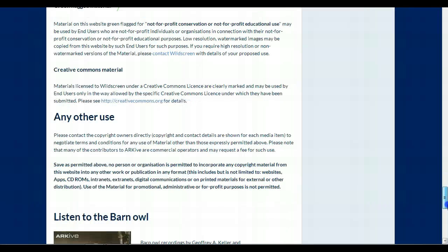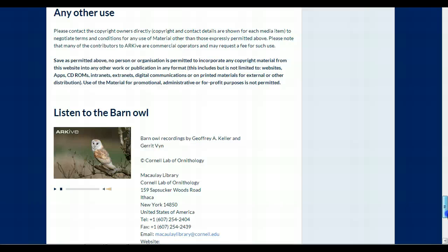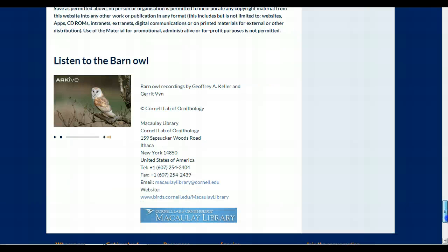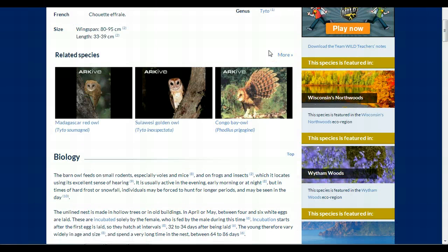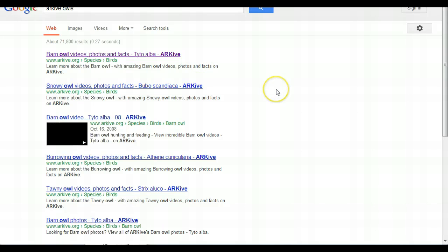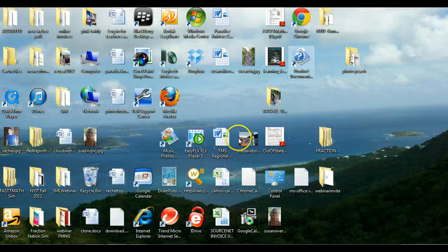So what you need to do is, and they're going on and on, any other use, if you want to use it and you're not an educator, what do you need to do? Simply go to the page, scroll down to the bottom, and do a little bit of reading. And if you do that, there won't be a problem. You'll know whether or not you are violating copyright. So my suggestion to you really would be to